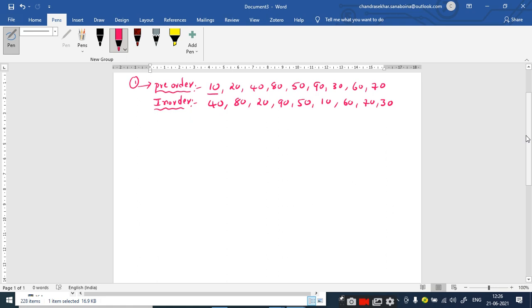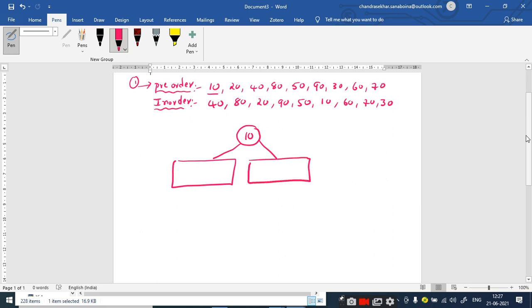So 10 is fixed as the root node. Now you give the left subtree like this and the right subtree like this.